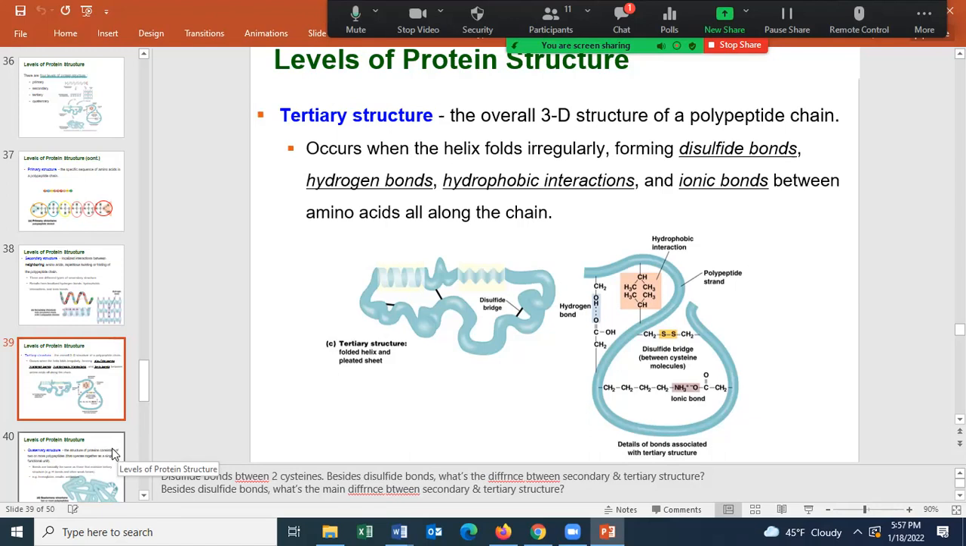Between white hair and black hair? No, secondary and... Oh,